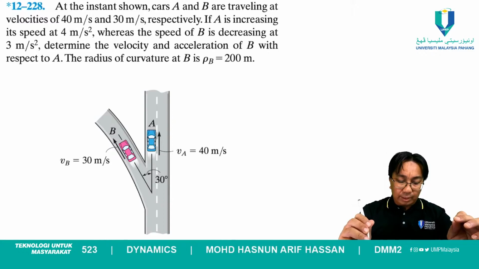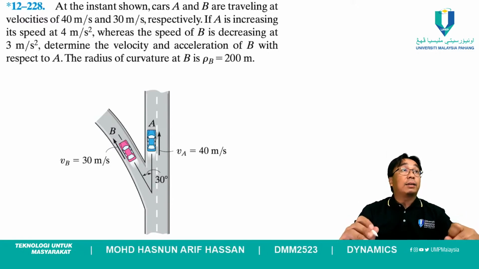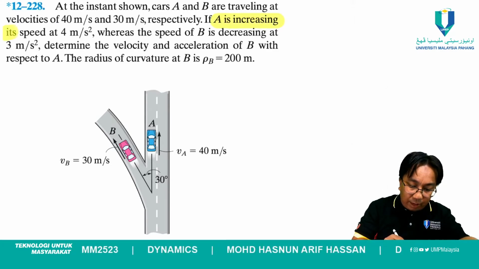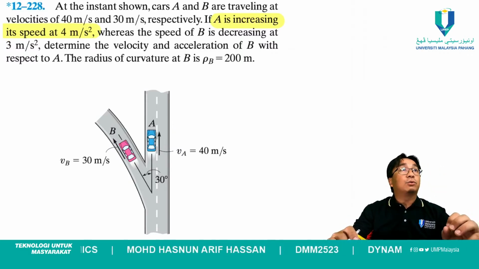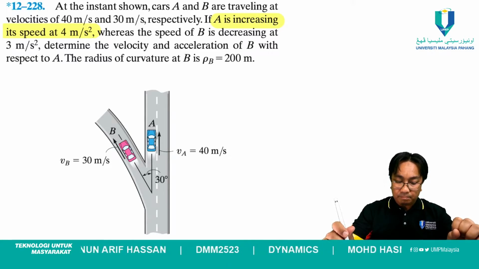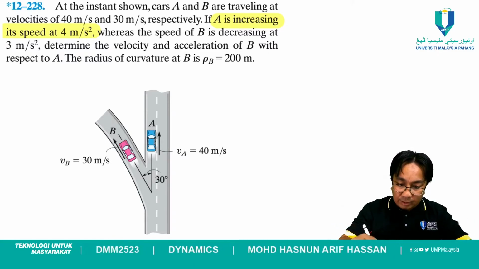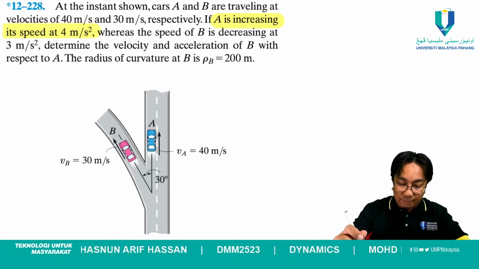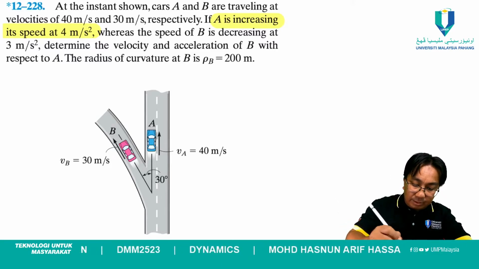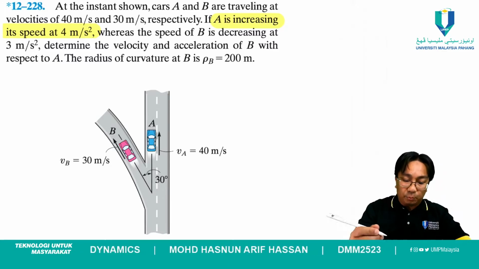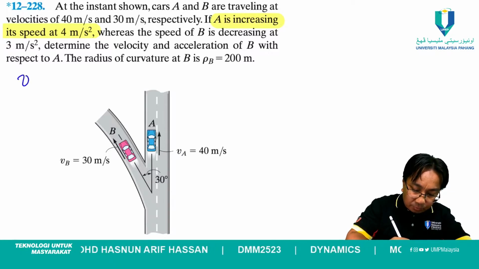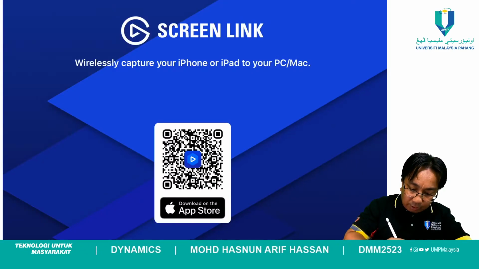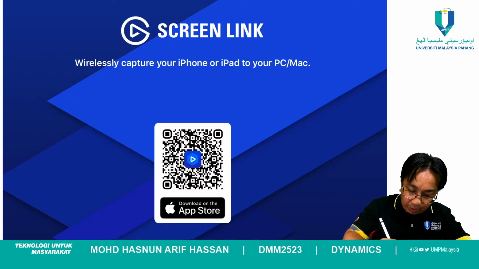If A is increasing its speed at 4 meter per second square, what does this mean? What do you understand by this? A is increasing its speed at 4 meter per second square. What is 4 meter per second square here? Acceleration. Acceleration of which car? Of car A, right? Yes. Okay. So basically, let's list down all the variables or parameters that we have. So we have VA is 40 meter per second, VB is 30 meter per second, and we have AA,